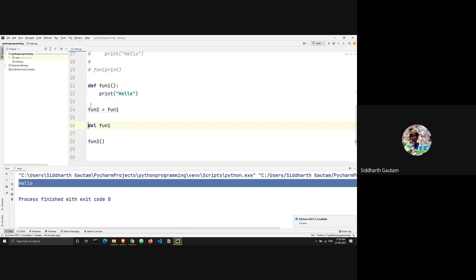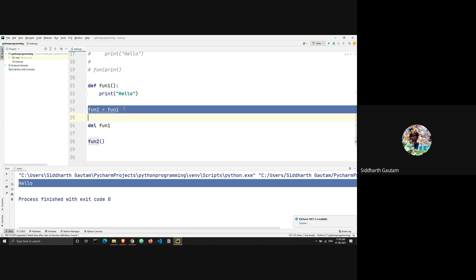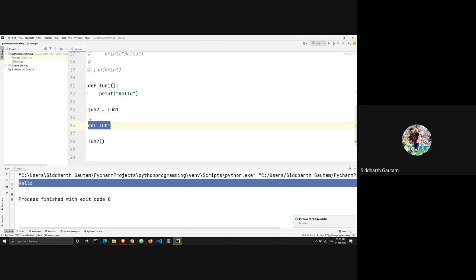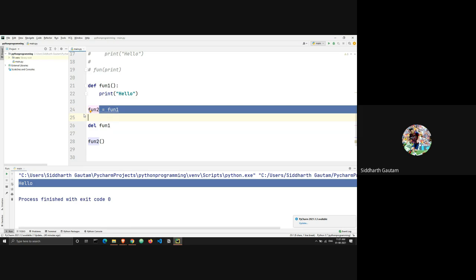So line number 24 has a higher priority than line number 26, which means function 2 gets the value of function 1 before it has been deleted. If you have seen a photograph and then someone deletes the photograph, it still stays in your memory. Similarly, since function 2 already has the value, it stays in the memory of Python. So that is what's happening here.